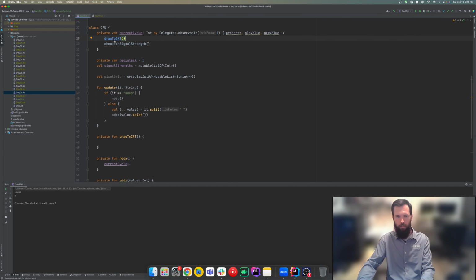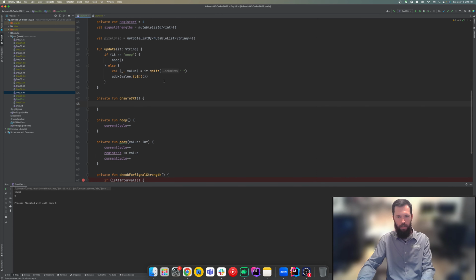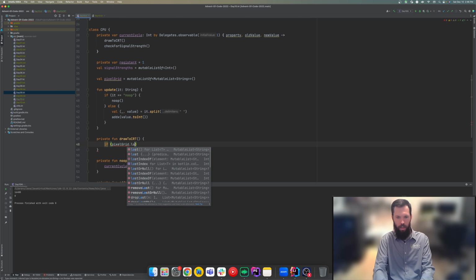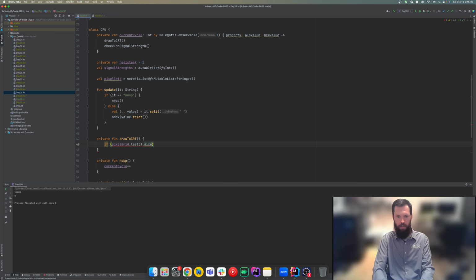So draw to CRT needs to check if pixel grid last size is greater or equal to 40,